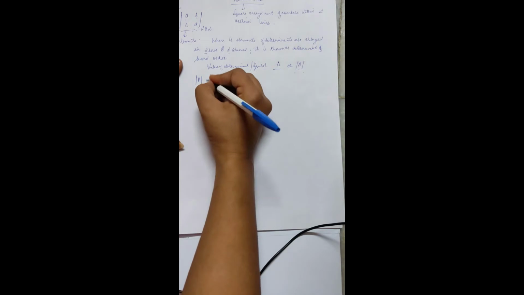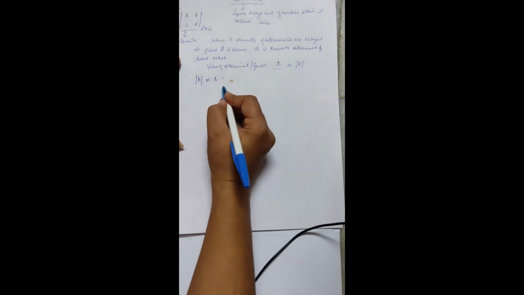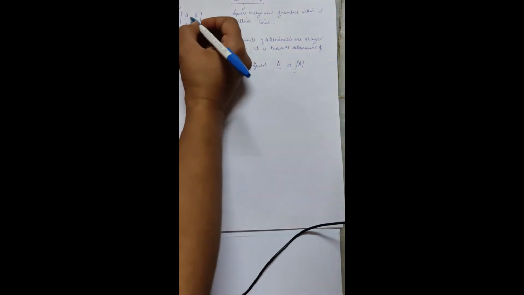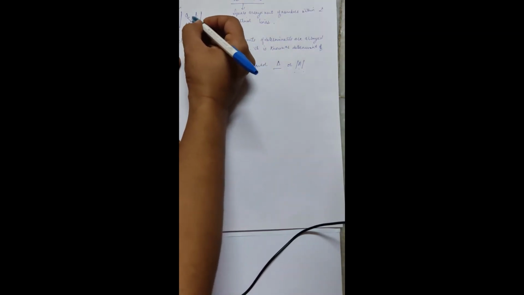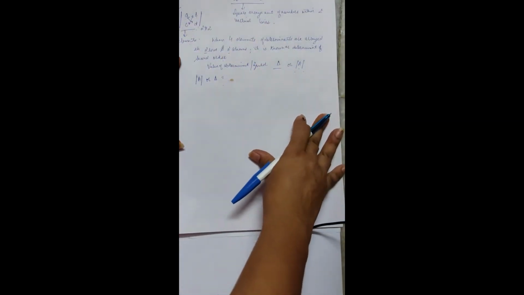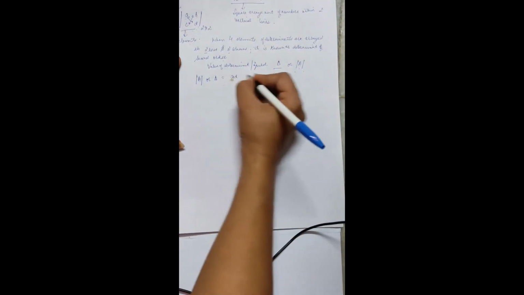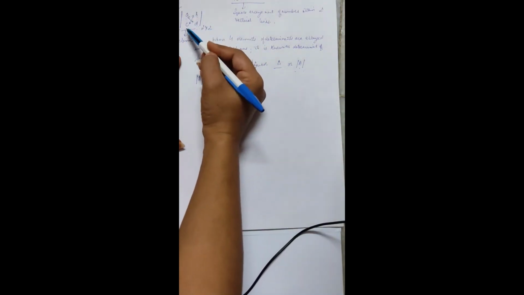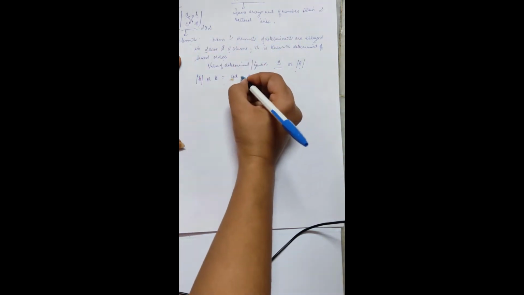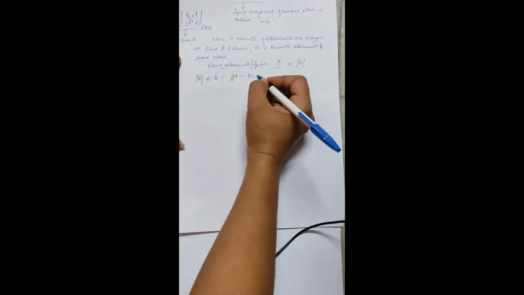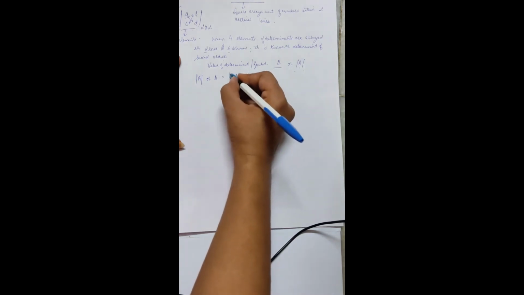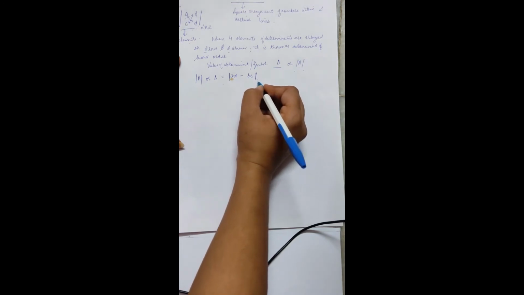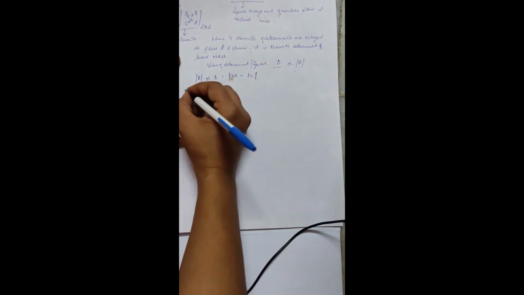First of all, I will write A or delta between 2 lines. If it is of second order, then I have to cross multiply these values. If I cross multiply, what will I get? a d and b c. a is multiplied with d and b is multiplied with c, and in between the two I always write the minus sign. So this is my value of the determinant. I put 2 lines here so that it is clear I am calculating the value of the determinant.